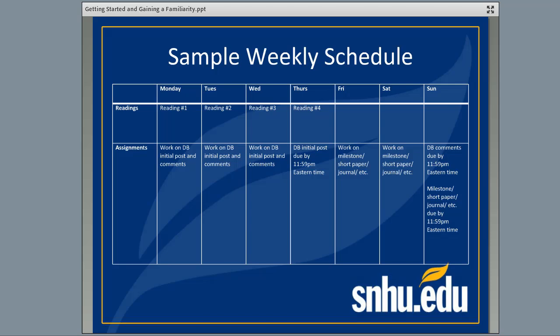And you are going to have 10 modules because each graduate course is 10 weeks. And those 10 weeks will move by very, very quickly. So we do want to make sure that you have some element of organization related to your overall approach to the course, because you don't want to wait till Thursday to start thinking about your initial discussion board post, because that's obviously not going to give you enough time to complete that well-developed post